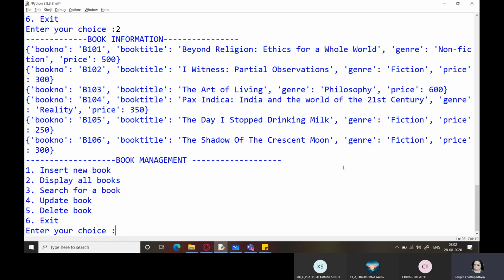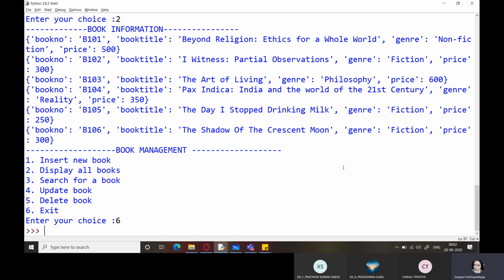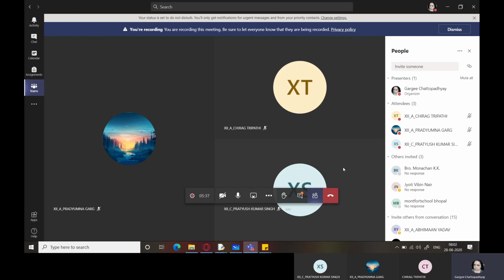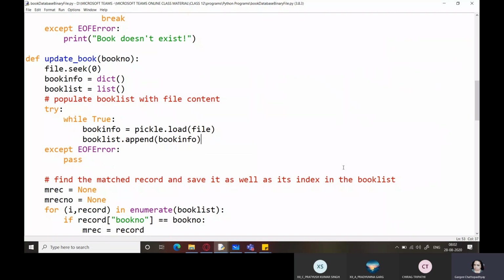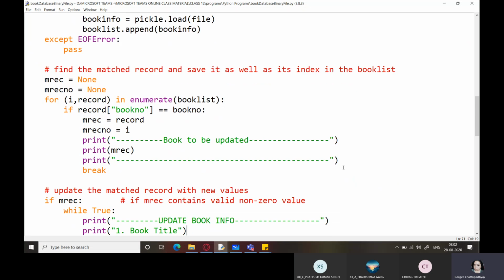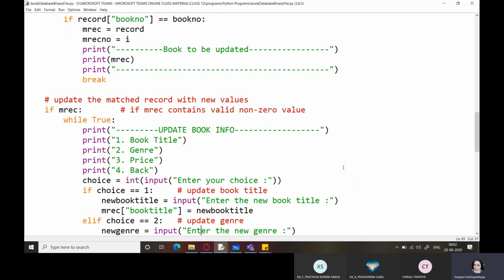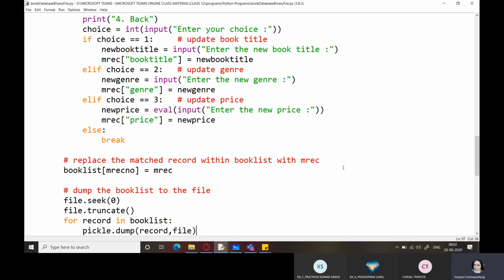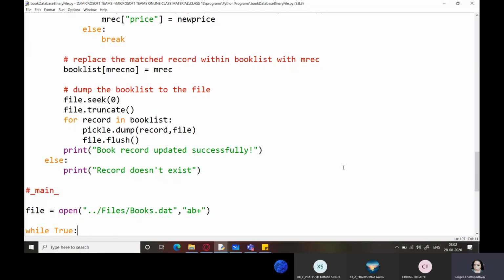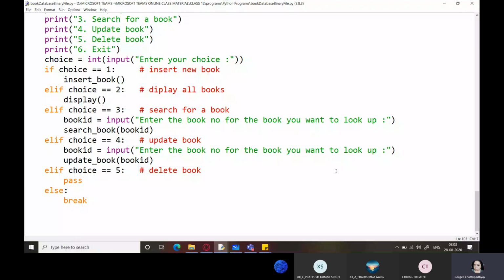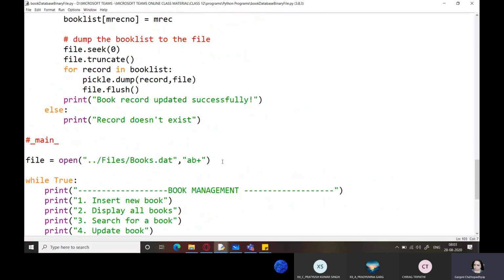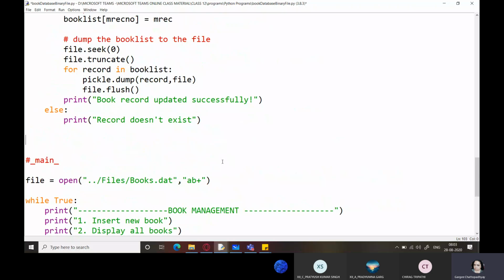So now our next topic is delete book. We will complete that, and we will today take up one more topic, the last topic, that is exclusively CSV files, how we can work on CSV files. We have already worked with CSV files earlier, but now we will be working with the CSV module, which is basically used only for CSV files. So our last topic is delete. We have to delete the book. Everything will be the same, only a few things will change.